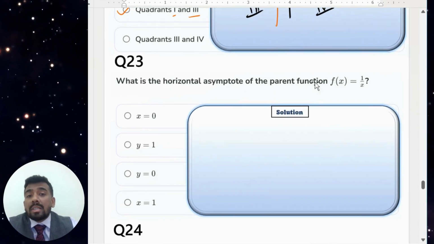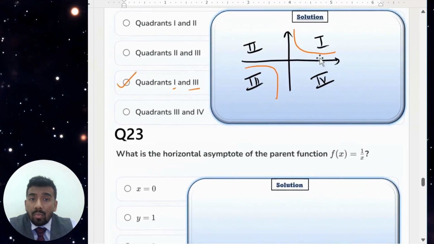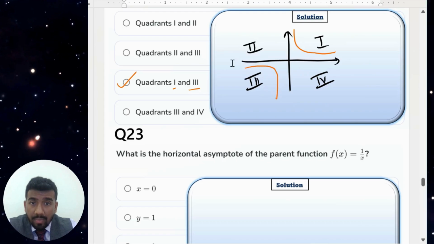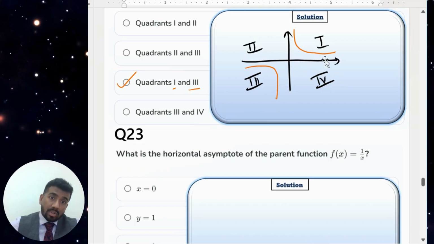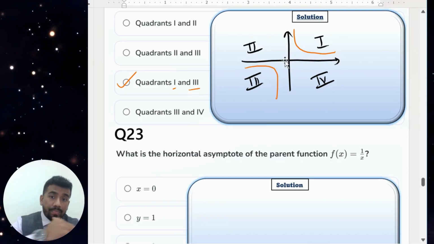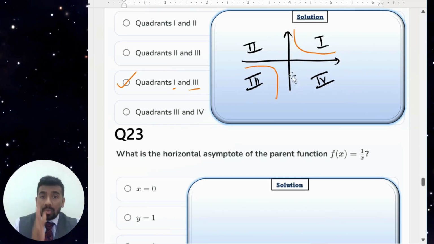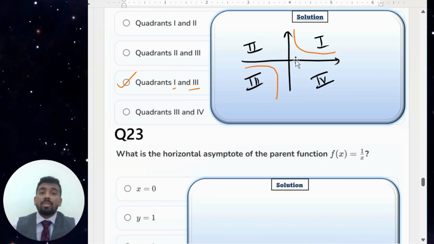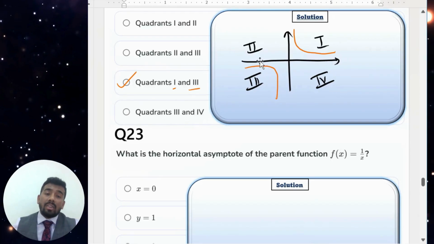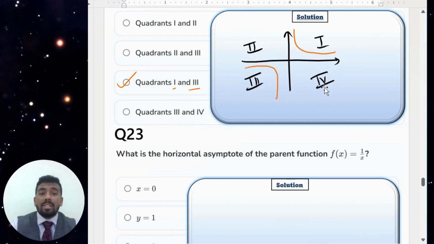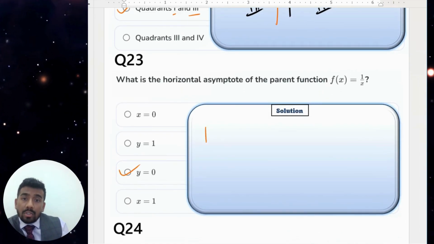Again, what is the horizontal asymptote of the parent function? Again, I told you, for the parent function of 1 over x, this is the function. So this is the horizontal asymptote and this is the vertical asymptote. So what's the horizontal asymptote? It's 0. That's your horizontal asymptote and that's your vertical. Horizontal asymptote means your x-axis. So at the x-axis, y is 0. So your HA,